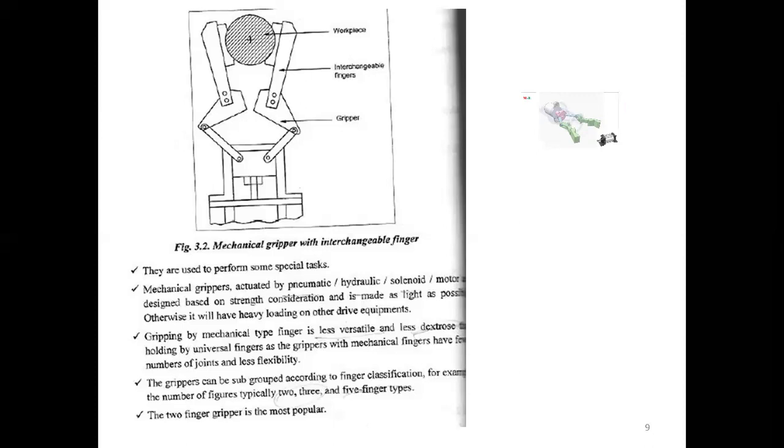So these are the main concepts of the end effector. Tools depend on the application we use. For example, for paint removal we need to use a different tool, and for painting we need to use a different tool, like that. We need to use the tool for the particular application. This is the end effector. Next class we will see the mechanical grippers and their types. Thank you.